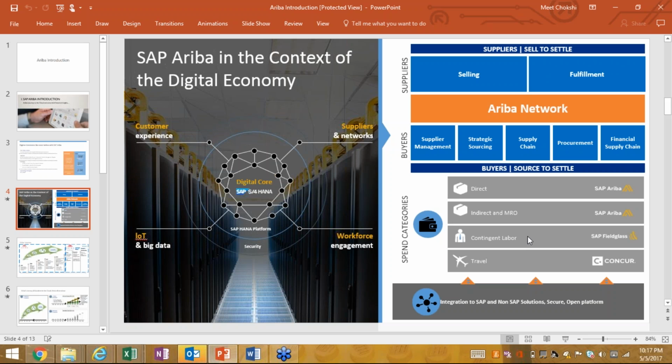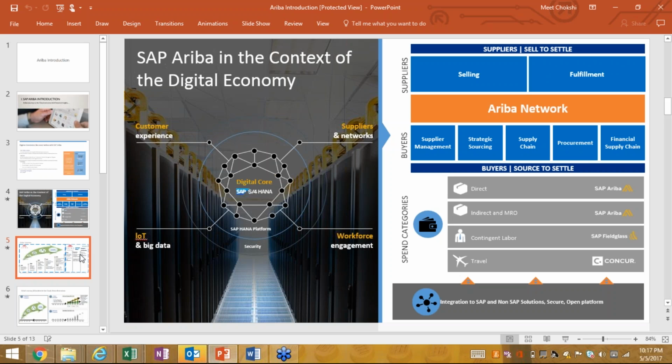Okay, and then we have Concur. Many customers use Concur, which is now acquired by SAP, and Concur is mainly used for travel expense booking. It tracks all your travel expenses. So all these are part of SAP now: Concur, Fieldglass, Ariba, right? That covers the complete portfolio of business networks.